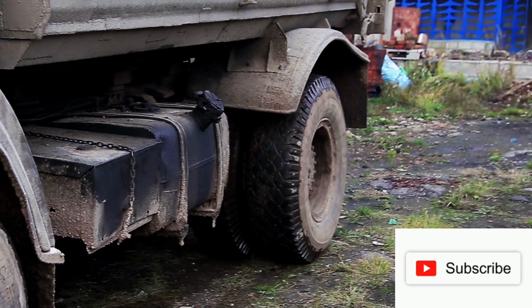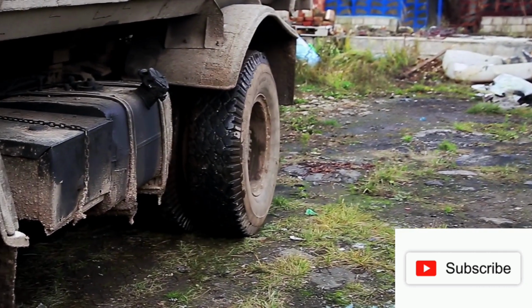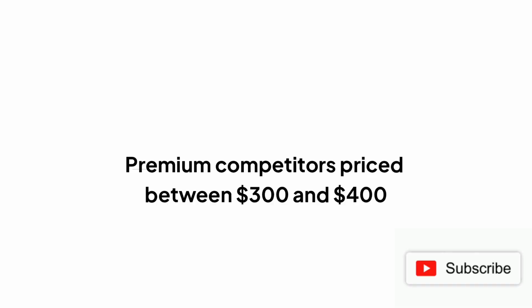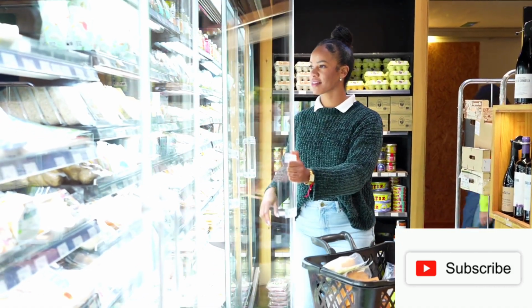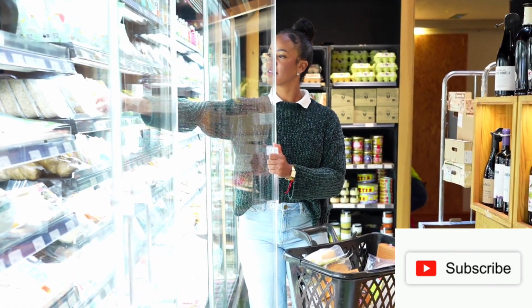The heavy-duty wheels are built to handle uneven terrain, including grass, gravel, and sand, which is usually where budget coolers fail first. Compared to premium competitors that often sit in the $300 to $400 range, this model delivers most of the core performance for a small fraction of the cost, without the same financial hesitation every time it gets used or scratched. Moving from outdoor storage to food choices, another surprising value shift shows up in the refrigerated aisle with